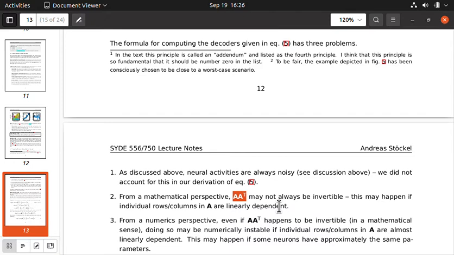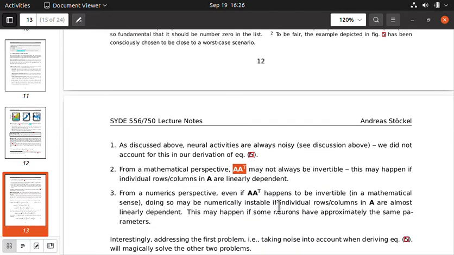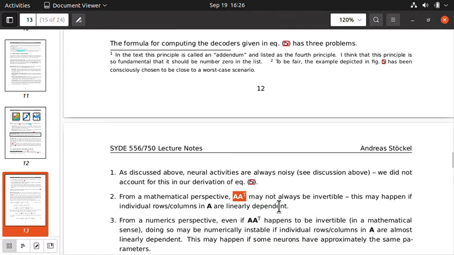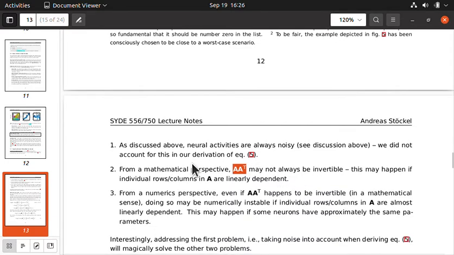If you've got neurons that have very similar responses, or neurons that have identical responses, or a neuron that doesn't fire at all, then you're going to have situations where rows and columns in A are linearly dependent. You won't be able to get a perfect inverse. More practically, even if AA transpose is invertible,